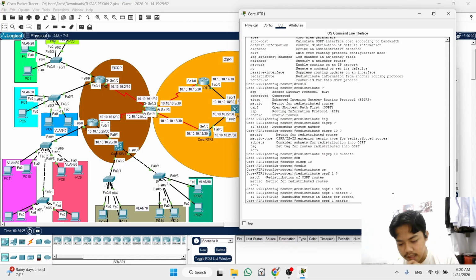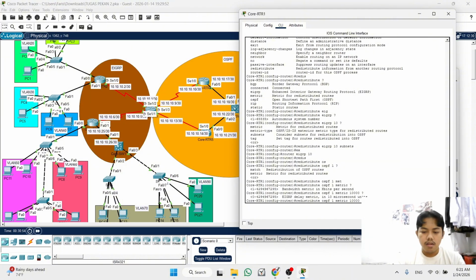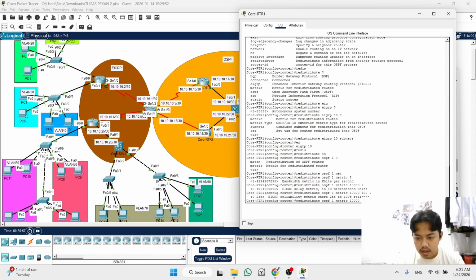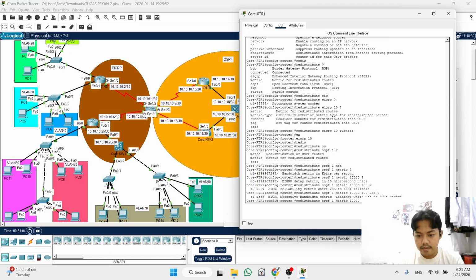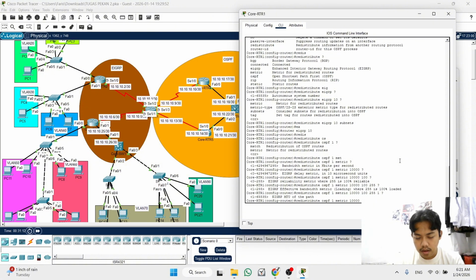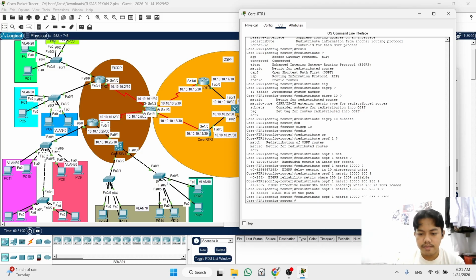The bandwidth you write 10,000, the delay metric is 100, and the reliability is 255, and the effective bandwidth is 1, and then the EIGRP MTU is 1500. And then we enter.